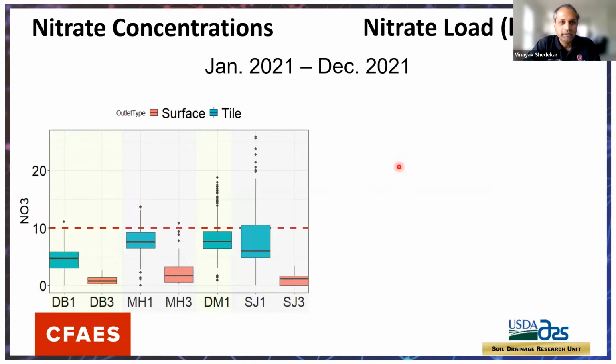Moving on to the nitrate load, the first thing we looked at is the concentration of nitrate leaving these fields. So here is a box plot. The dark black line that you see is the median value for nitrate concentration observed over the entire year. And then again, this blue or green shading is the concentration in the tile drainage. Orange is the surface runoff